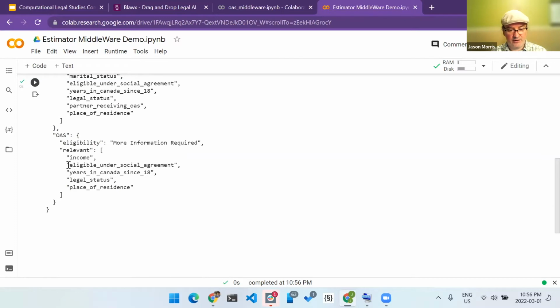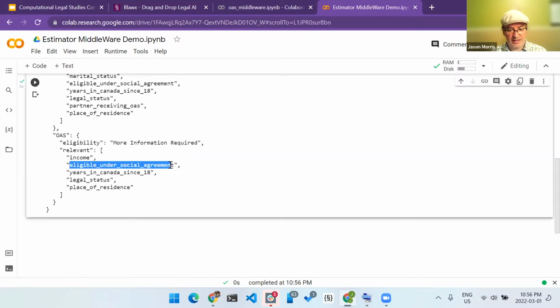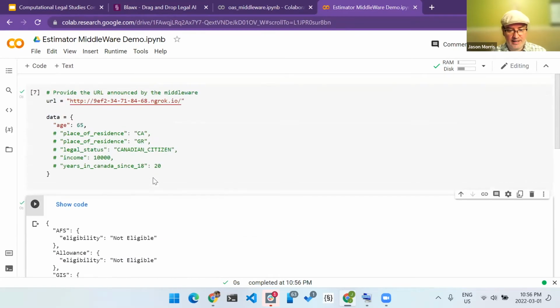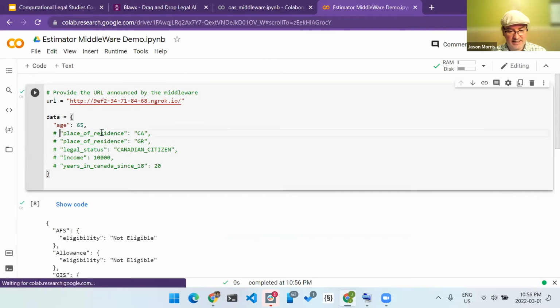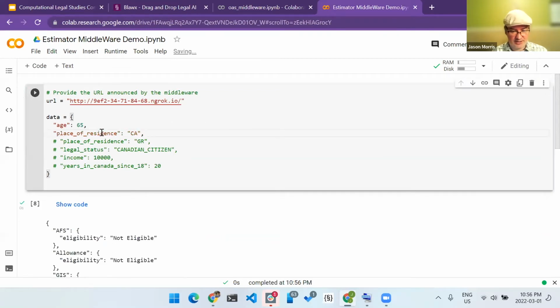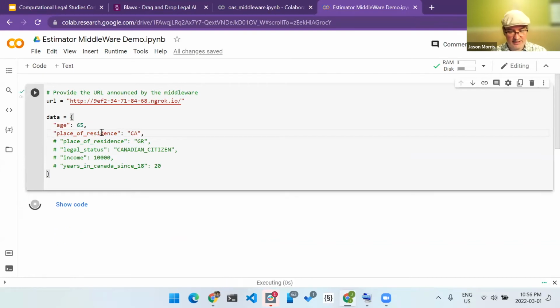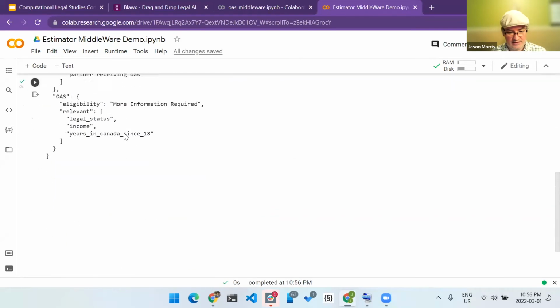You can see here, one of the items is whether the person is eligible under a social agreement between Canada and a different country. Now, if we say that the person resides in Canada, so the application has decided to ask place of residence next, it collects that and sends the request back.